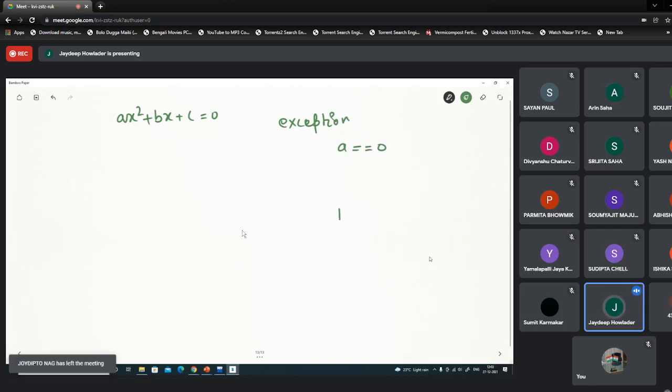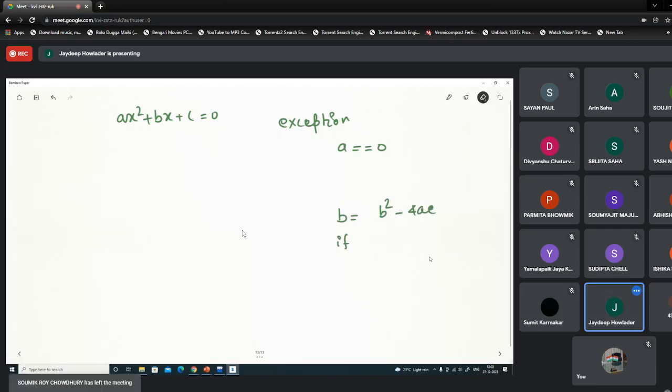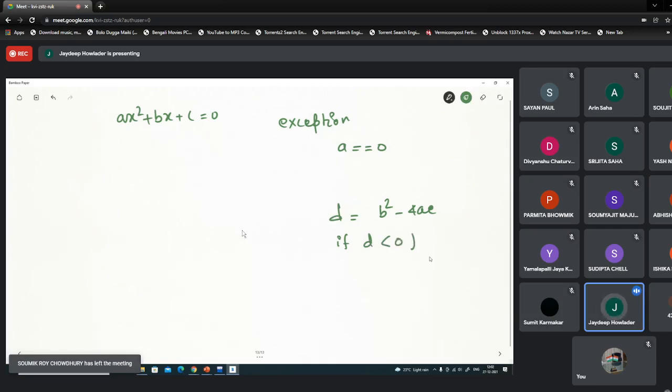Similarly, we compute d, which is b square minus 4ac. So if d is less than 0, then the roots are imaginary. So these are the exceptions. So in my program, say I am writing a main, and there is no harm in getting a return of 0. But say I have written another program.